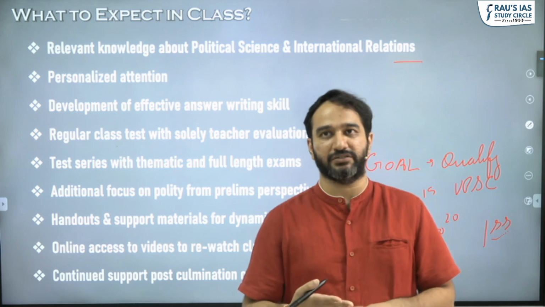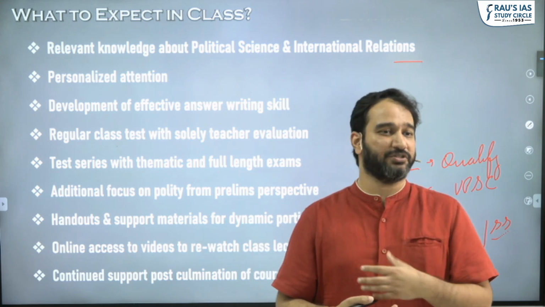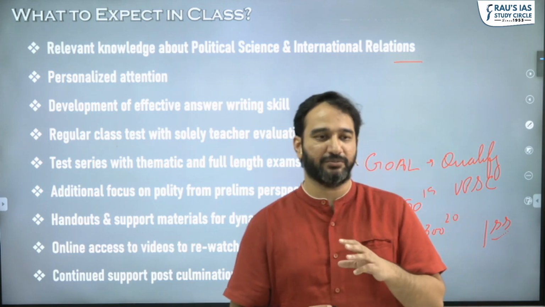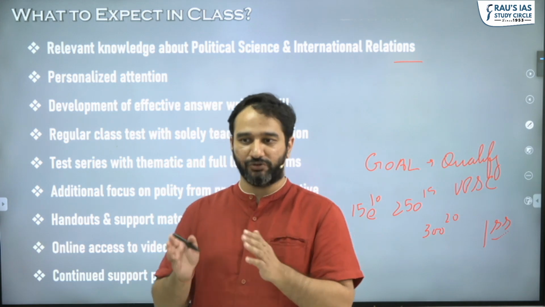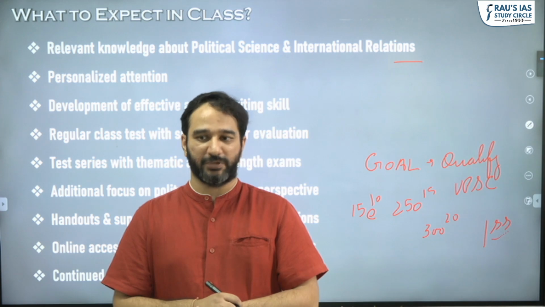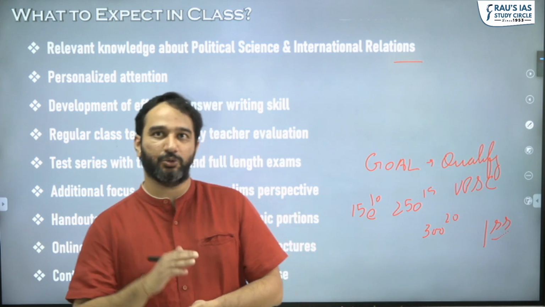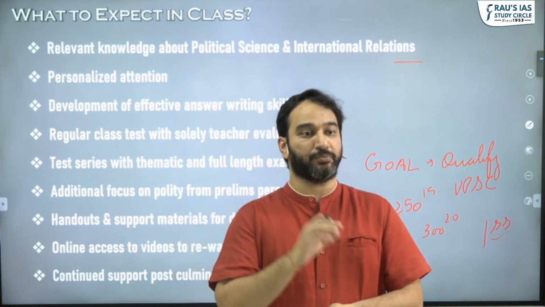And the second part is you don't write it properly. You end up writing the answers in bullet points, which is not done in optionals. You have to write it in paragraphs. You can use bullet points in one or two answers, that too for the body, but you have to write in paragraphs. The second part is how to actually end up using thinkers and theories properly.